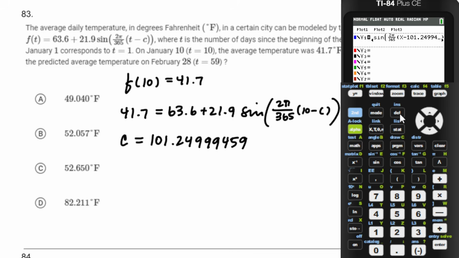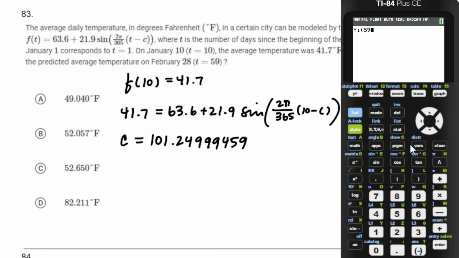2499. I think that was 459. I think I copied down one too many nines there. And then I will need to get rid of that minus 41 because that was just when I was trying to solve an equation there. All right, so now I'm going to want to plug in t equals, it looks like 59, and hopefully this